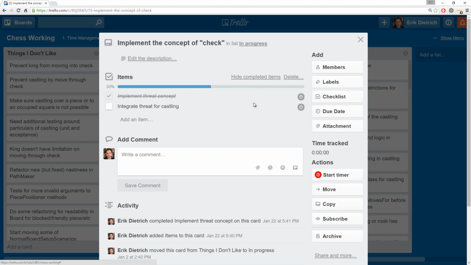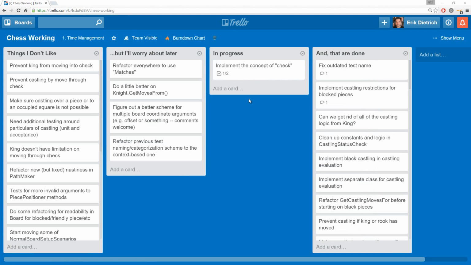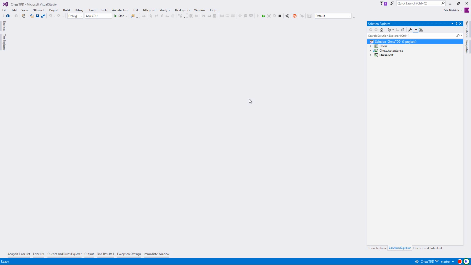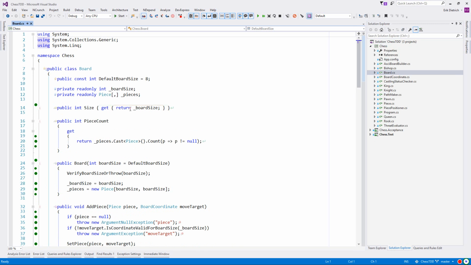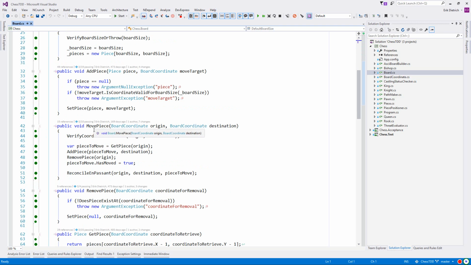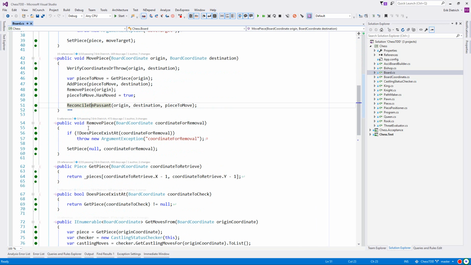I start off this episode doing a little bit of reconciliation of the Trello board, and then, in a nod to symmetry, I bookend the episode with a little bit more of the same, but I'll get to that later. The charter here is to implement this second checklist item, which is, so we built this threat evaluator